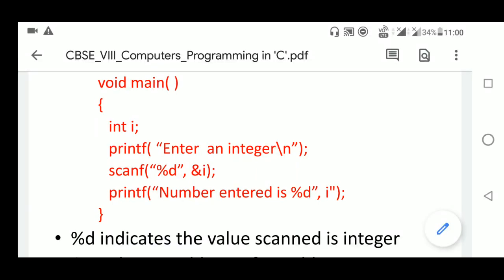So &i means the value from the screen will be stored inside the variable by using this scanf command. After pressing enter, the next statement will execute, that is printf, number entered is, and %d will print the value inside the variable i.